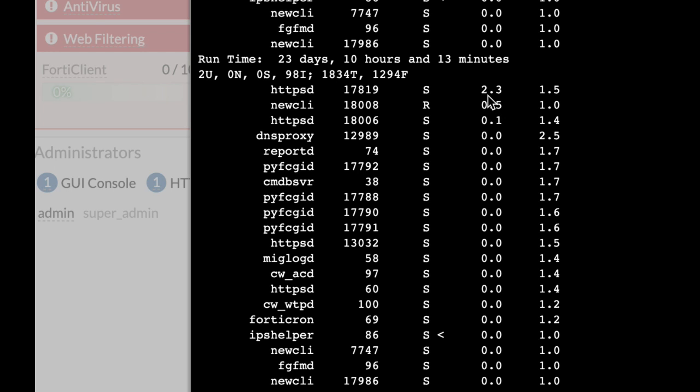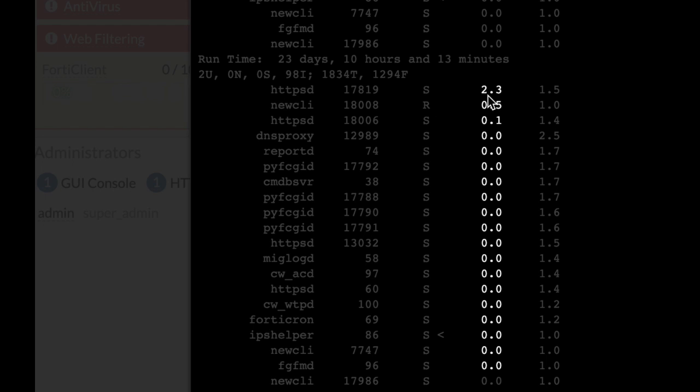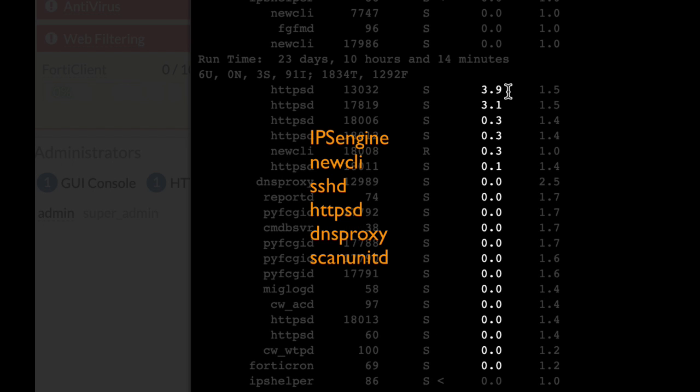That's the CPU column. The most right column is, as we know, the memory column. Now you will see different processes such as the IPS engine or the antivirus scanner, the new CLI, or even